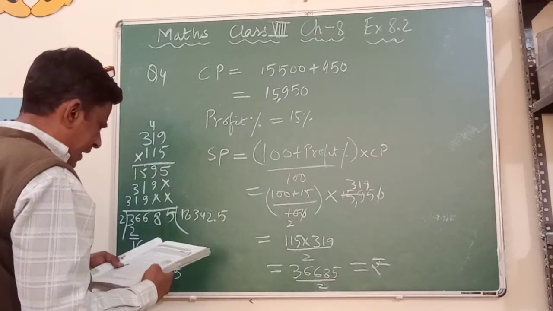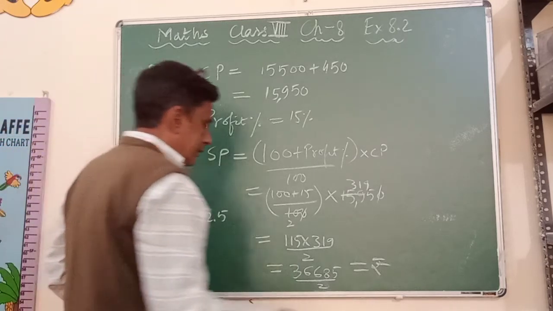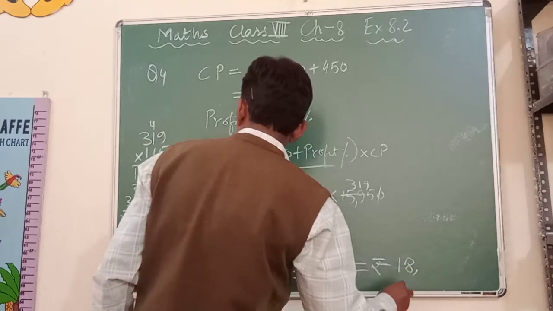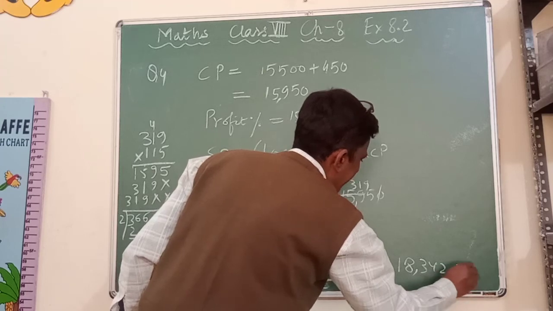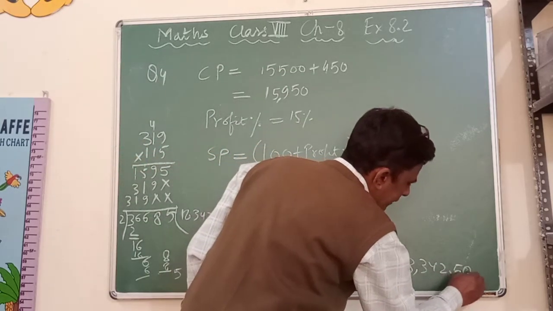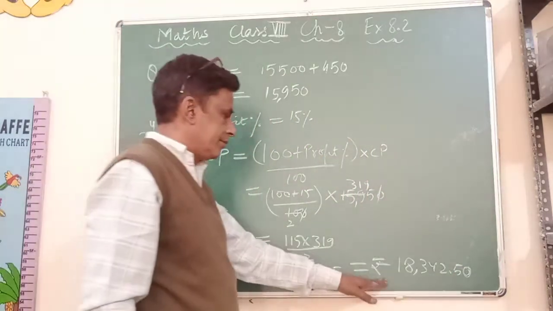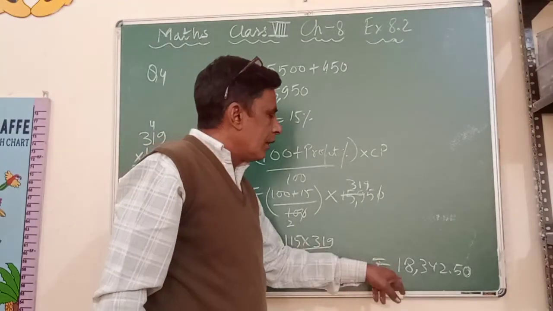Okay, we get 18,342.5. Okay, the answer is correct. We get rupees 18,342.5. We have to write a 0 over here, because when we write any amount in Indian currency,